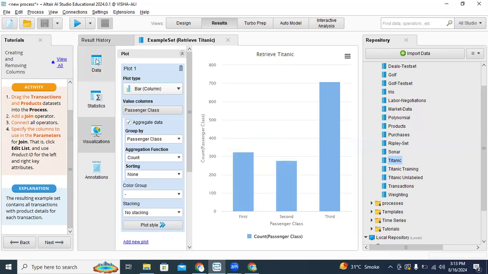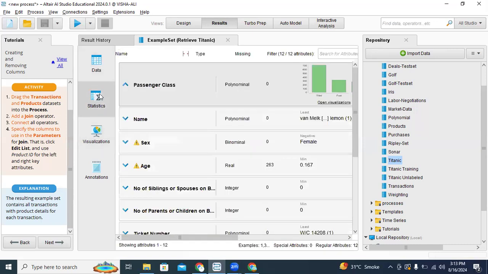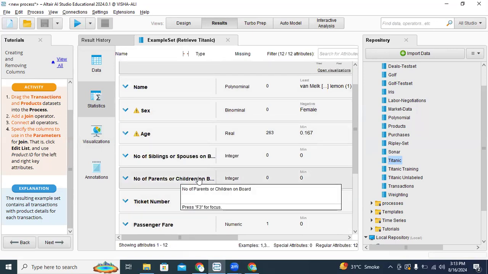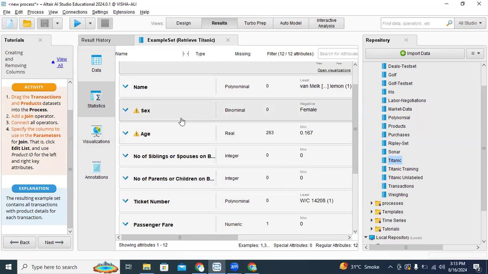Over here we have the data, and over here we have the statistics. We can view it through visualizing the data. Similarly, all is given over here. One more thing I would like to add over here is, if we want to